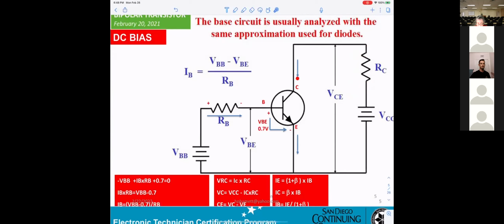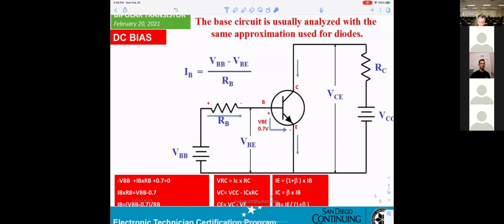Now, if you want to calculate the VC, the question is, if I give you the meter and tell you, okay, go ahead and measure VC here for me, how do you connect your DMM?